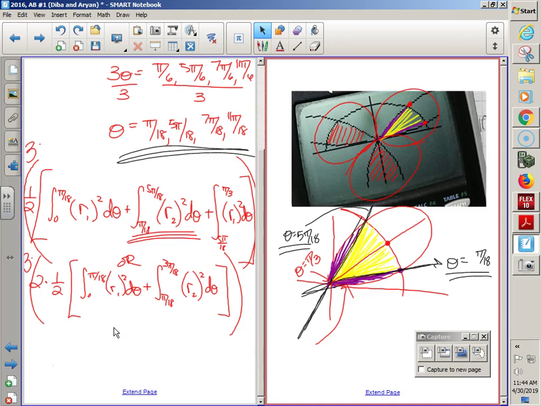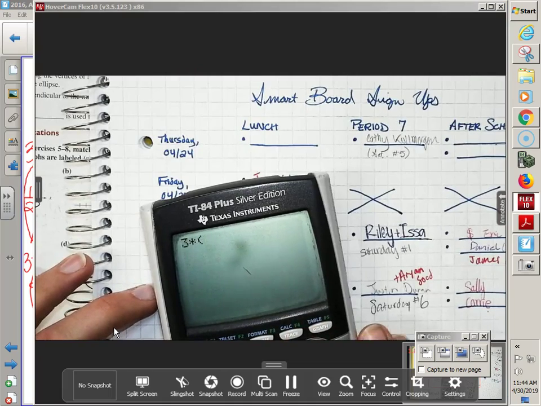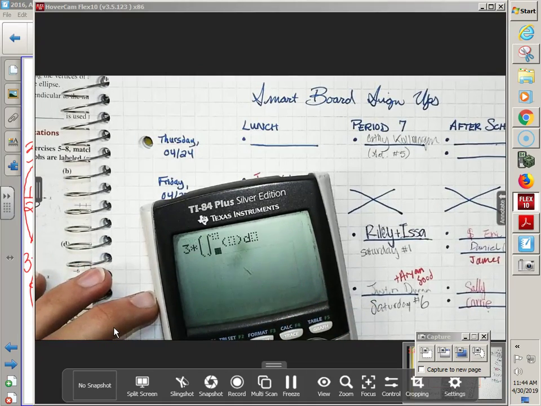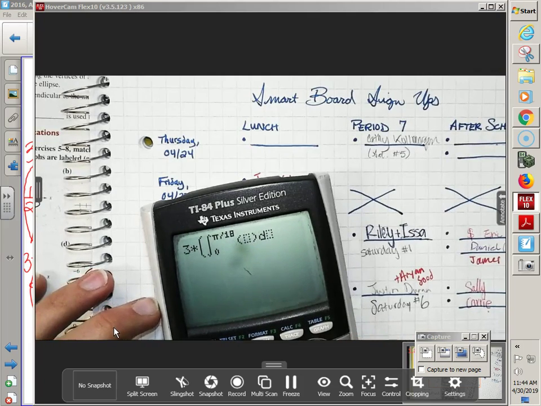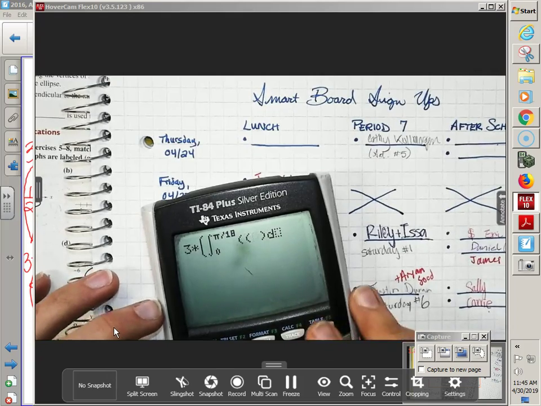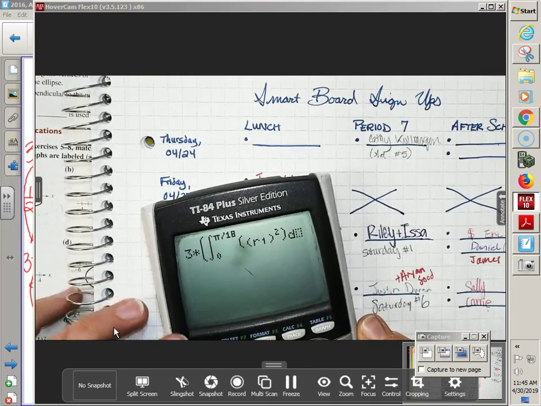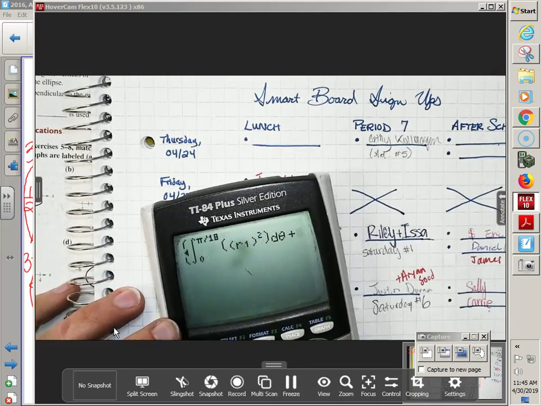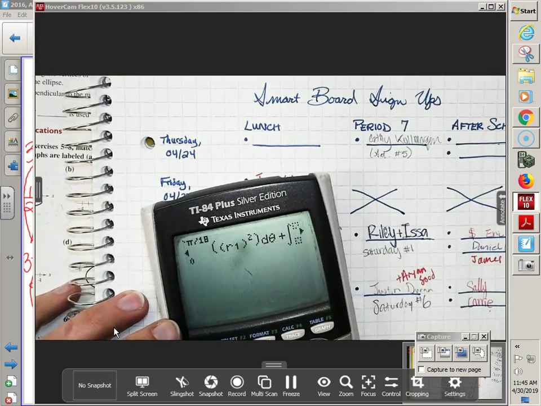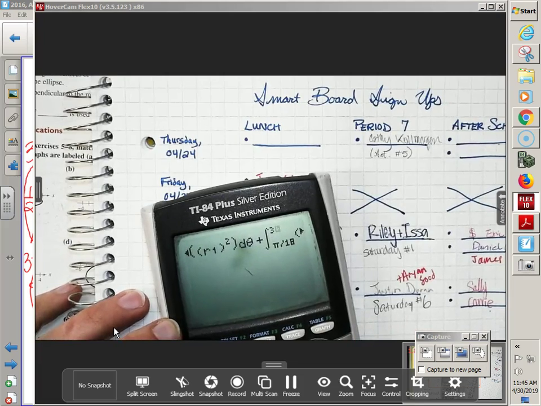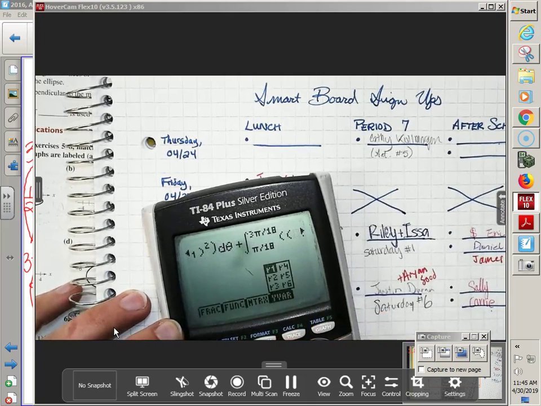Okay, so then I can do my pi over 18, and then pi over 18 to 3 pi over 18. So I'm going to do 0 to pi over 18. Love that my calculator can do that. That's pretty cool. I'm going to do my alpha vars. Pretty awesome. They're r's because I'm in polar mode, so my r1 squared with a d theta. And then we're going to add, from pi over 18, remember, only going halfway, so 3 pi over 18, because that's the symmetry I'm using, of my r2